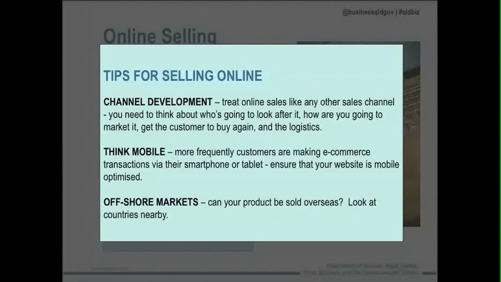And then that second point there, as we were just talking about with Domino's, the concept of thinking mobile and, I guess, understanding that more and more customers are starting to utilize and buy using their mobile phone or tablet. And you maybe even consider making this part of your process. And one of the things with this, and it ties back into your online presence, is ensuring that your website is mobile optimized.